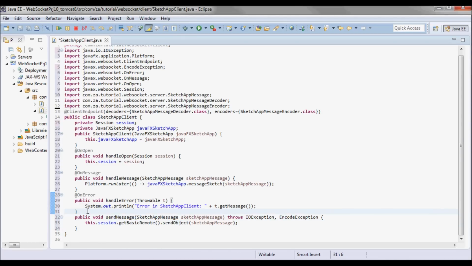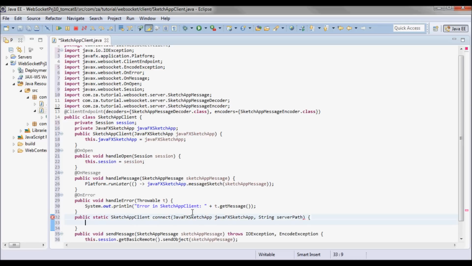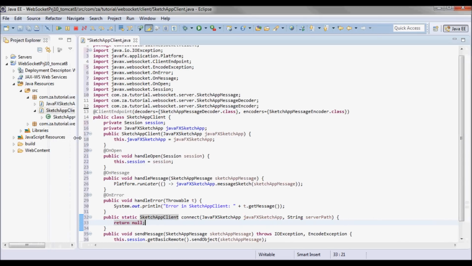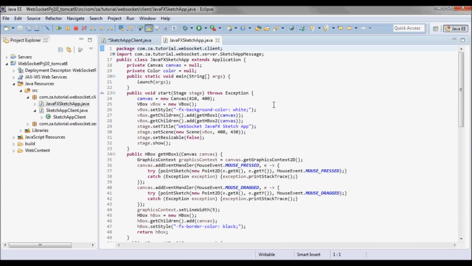And let me define this connect method that would initiate a connection to the server, and let's return null for now. I'll come back and code this one, but first let's go back to the JavaFX sketch app.